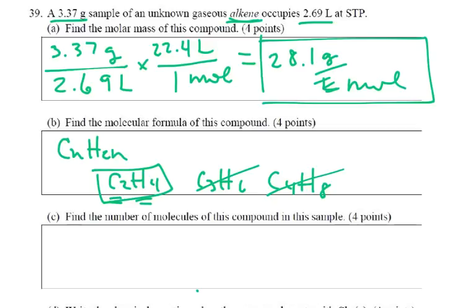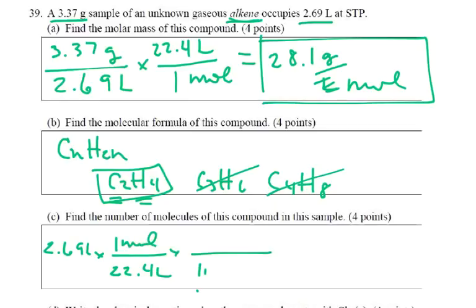Now find the number of molecules in this compound. Well, we can go from the liters, or we can also go from the grams, and we can just try the liters. So 2.69 liters. Now from our mole map, we want to go liters to molecules. It's going to take 2 steps. So we know that there's 22.4 liters in 1 mole. And remember that 1 mole is 6.02 times 10 to the 23rd molecules. And if we work this out, we get 7.23